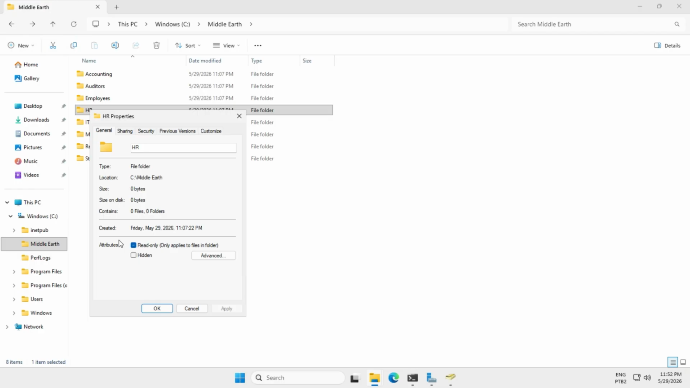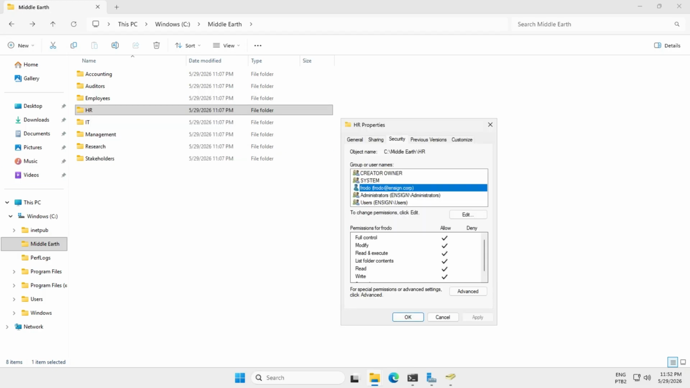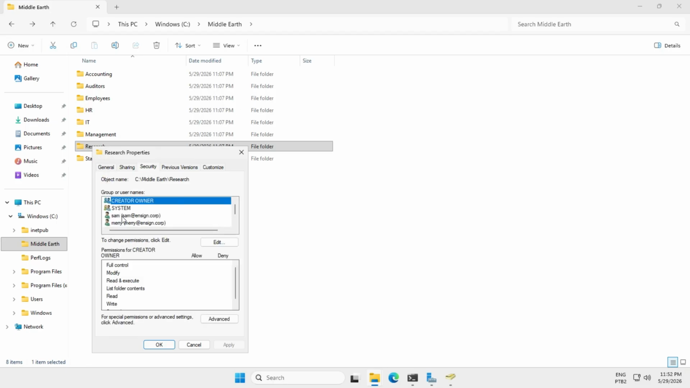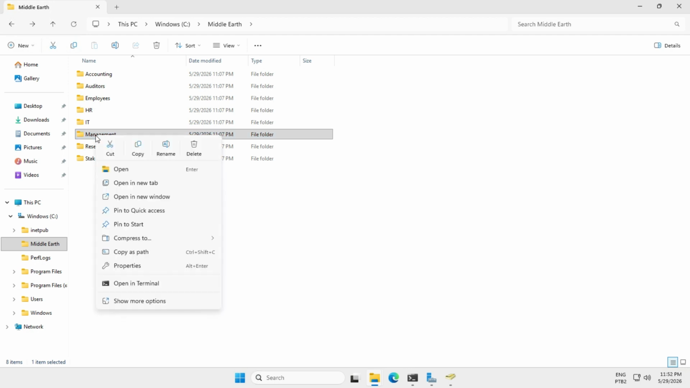Frodo has full control over the AGR folder. And while Sam and Merry have modified access to the research folder. For the management folder, although the requirement specifies read and write capabilities